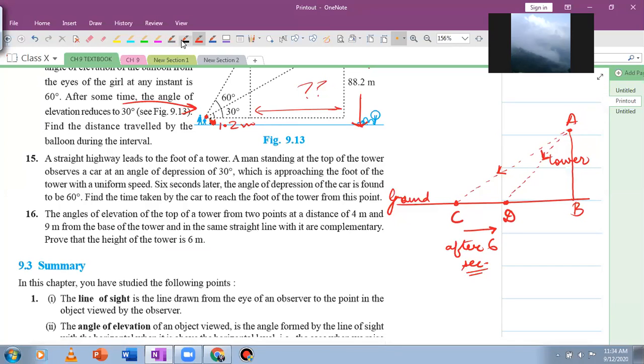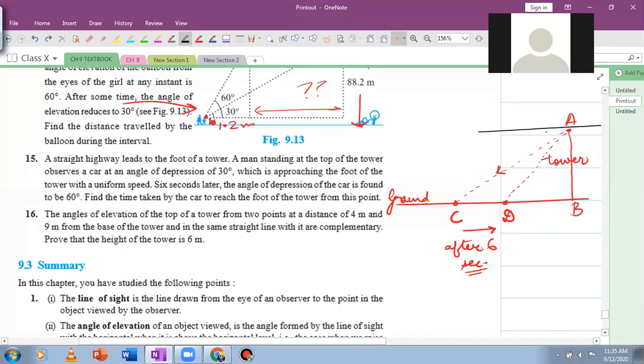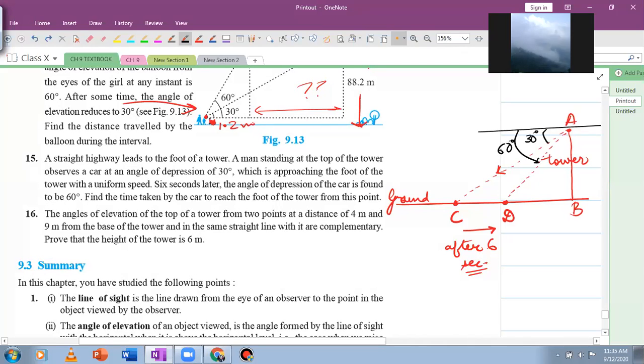Now you have to mark the angle of depression, so before marking the angle of depression you need to draw a horizontal right through the point of observation. So let's just draw a horizontal line through the point of observation and mark the angles of elevation, depression. So initially the angle was 30 degrees and then the angle increases to 60 degrees. And if you had to use the property, the horizontal through the point of observation will be parallel to the ground. So by alternate interior angles, this angle will be 30 degrees and this angle will be 60 degrees.